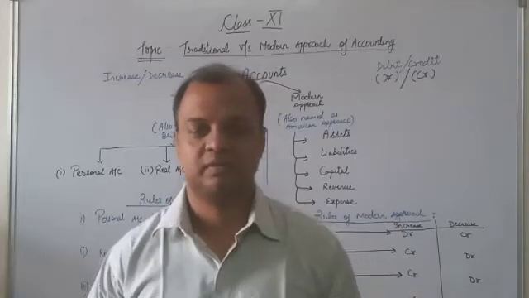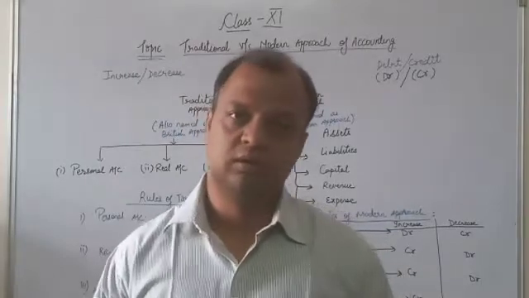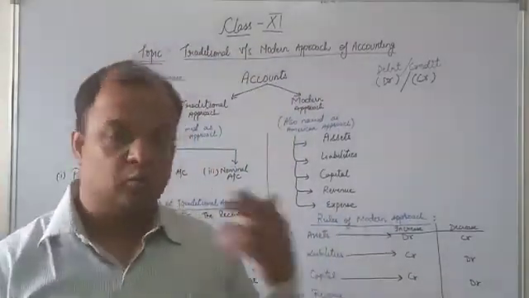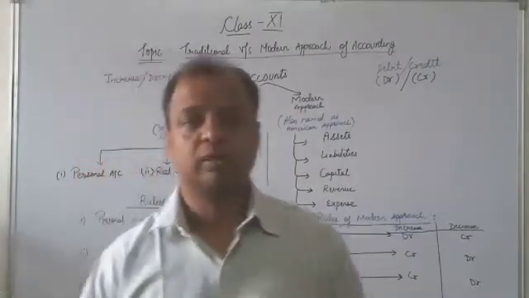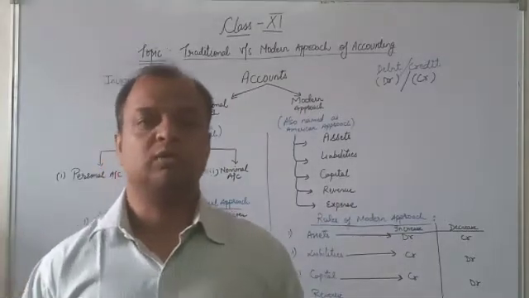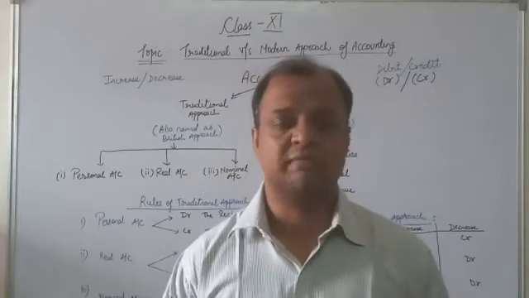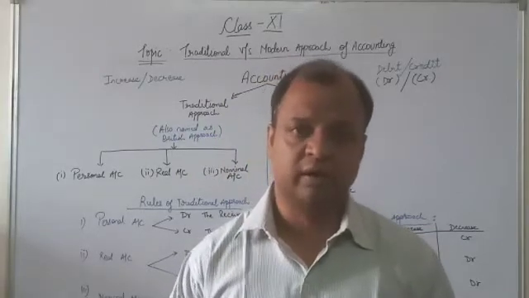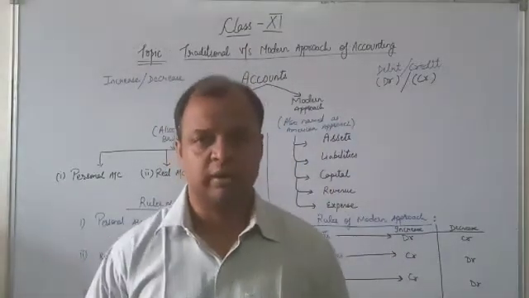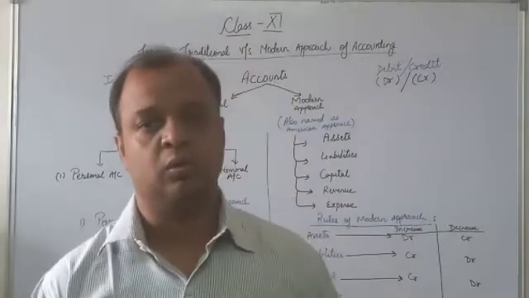Hello everyone. Now this is once again a video prepared for the topic part of double entry system where classification of accounts are being determined and followed. See, basically double entry system, what we have studied students, it is the account which has been prepared in which two accounts are simultaneously affected, in which one account may increase and the other account may decrease, which is also said as the term debit and credit in accounting.